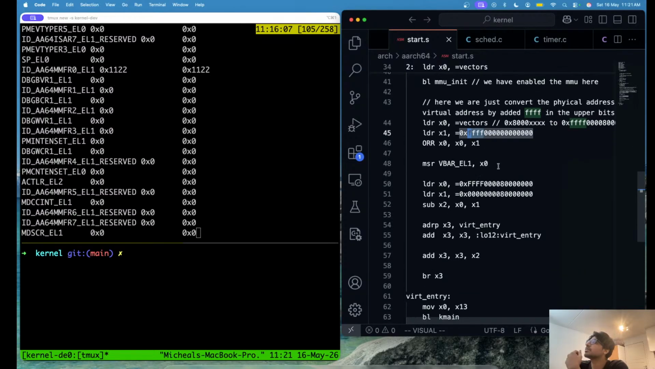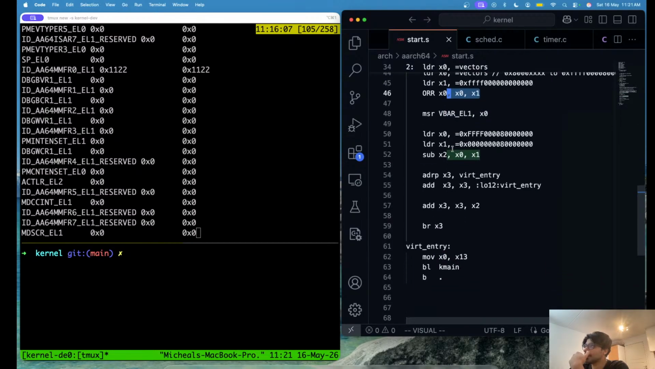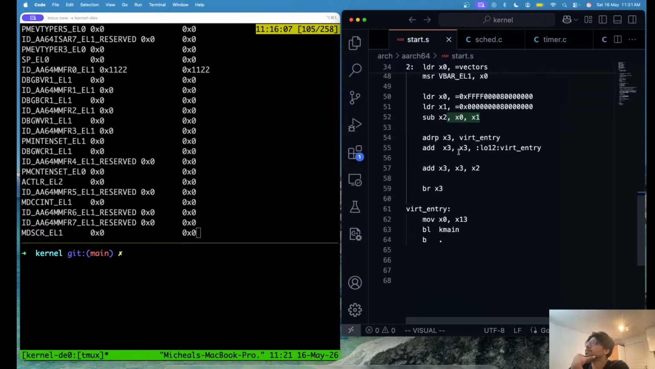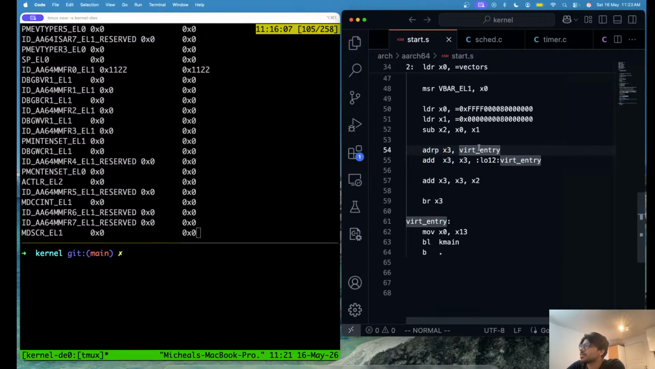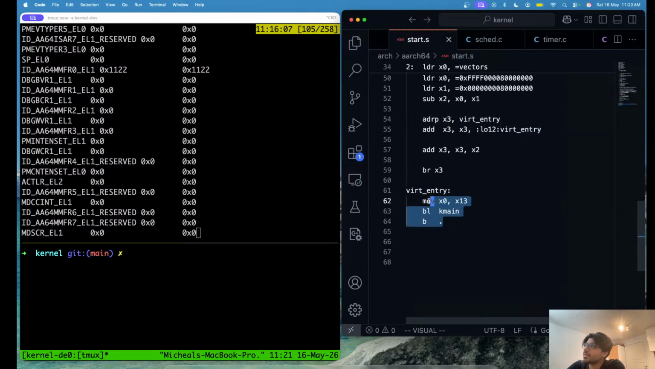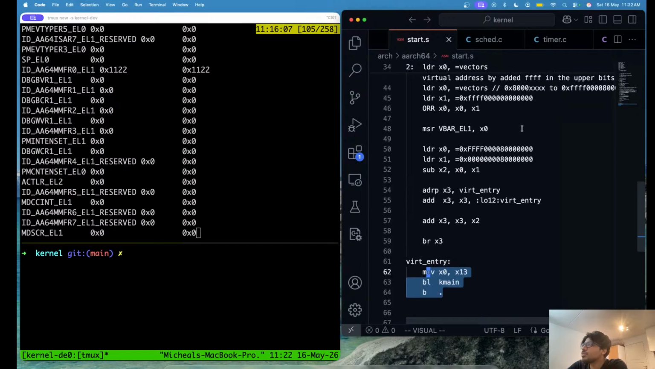No, we are just updating the value from here. And yeah, this is where we actually set up the virtual entry point. So the virtual entry is just jumping into Kmain. But what we do here is that we want to be in a virtual jail,